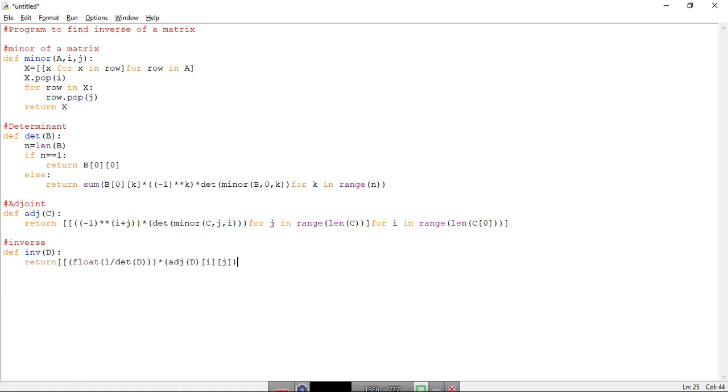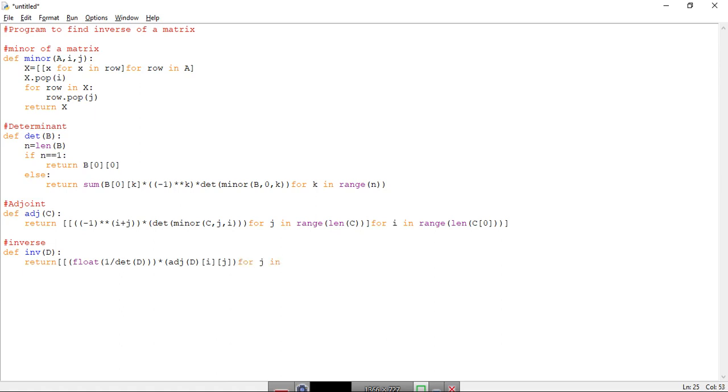Okay, this is done here, and this is done here. Okay, we will see. So this is 1 upon float, that is 1 upon determinant of A into adjoint of D, which is i j, and this will be for